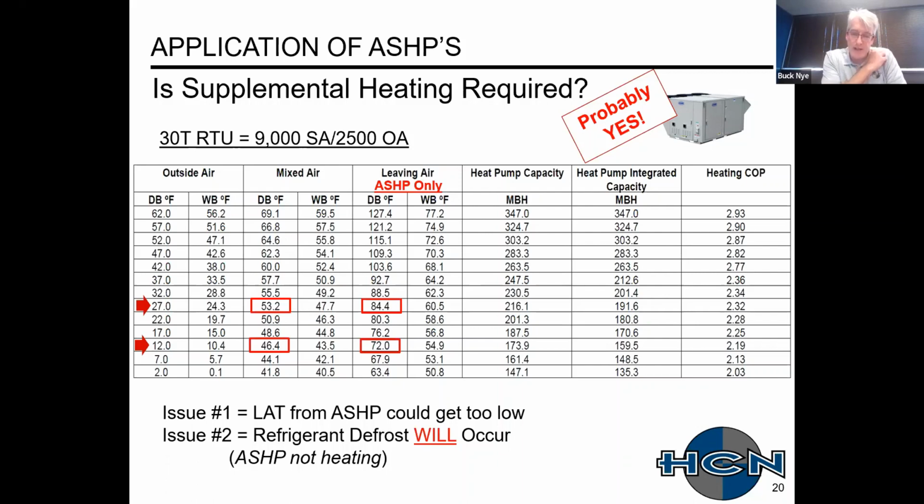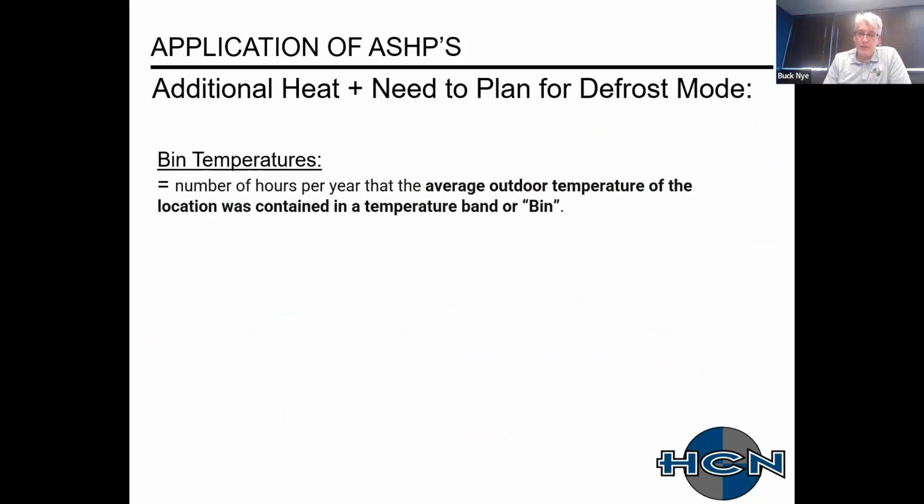And then the other thing that you should consider is that at these ambient temperatures below 37 and 40 degrees, 45 degrees or so, the refrigeration defrost will occur. Just once again reminding that the airside heat pump is not in heating. And then the defrost mode is kind of hard to predict. A lot of times it depends on your entering air temps, how many run hours, et cetera. So just to highlight the need for defrost mode,